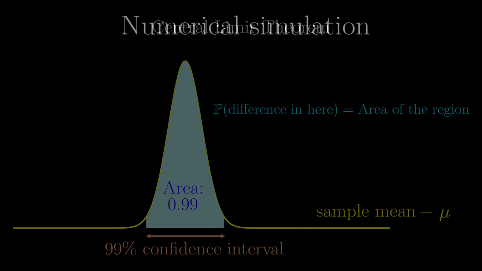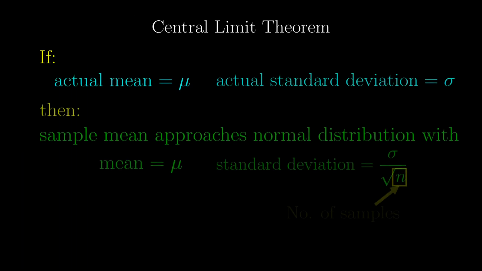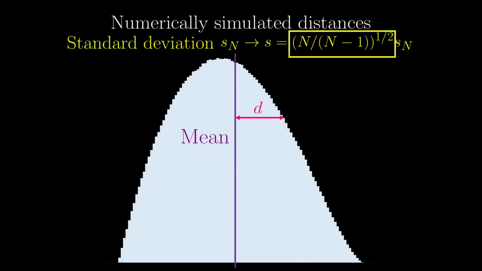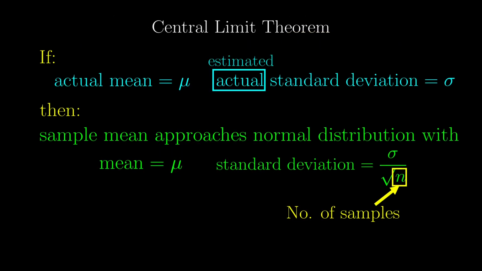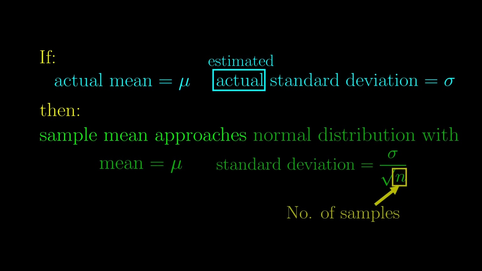All this is to say that not only can we approximate the average, we can also in a way approximate the maximum error. But there is a caveat. In the central limit theorem, we need to have the actual standard deviation, but we can only estimate with this correction factor. So to be more accurate, we should use the t-distribution with n-1 degrees of freedom, but if n is very large, there isn't any difference with using normal distribution anyway.